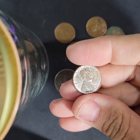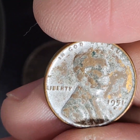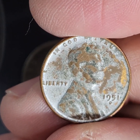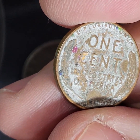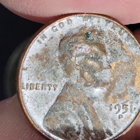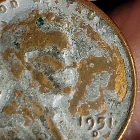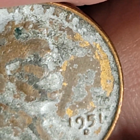Now, with that said, in the video that I made about this penny, I do say I have no idea what's going on with this penny. Obviously, there's little bits of something on the back, and I don't know what that means. But one of the things that I did mention that triggered a few people was that they said, "Oh, that's paint, that's paint." I said, "Yeah, maybe it's paint, but I'm just saying you could tell that it's"